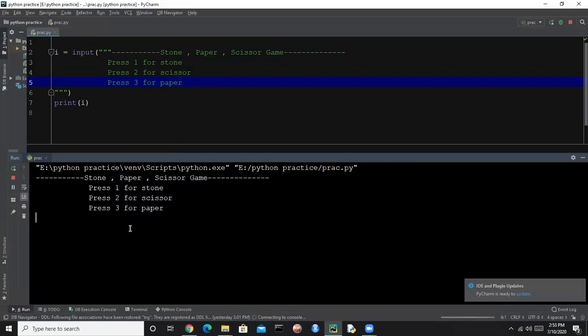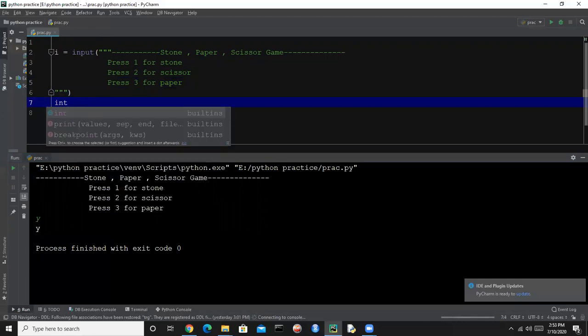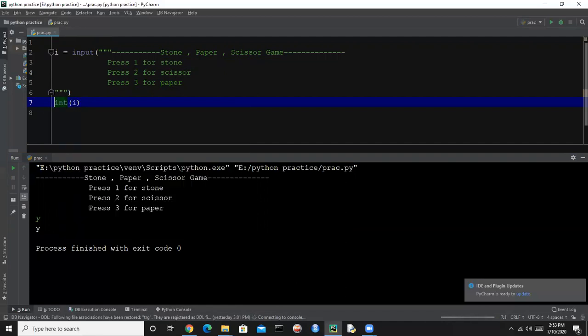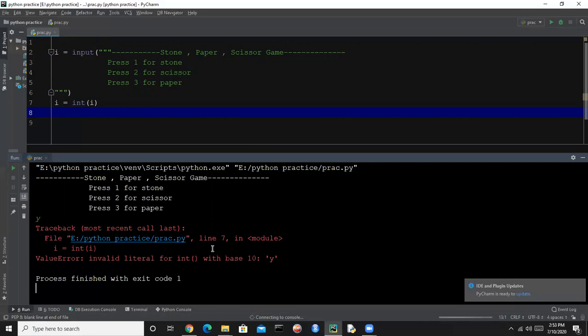Let's say a user presses Y. Y is not a number, Y is not in 1, 2, 3. Let's run. So it is printing Y. But this is a string input, it returns a string. So we need to convert it into an integer. So let's say I is equal to int(I). Run it again, and let's say if the user enters Y, it will say invalid literal,